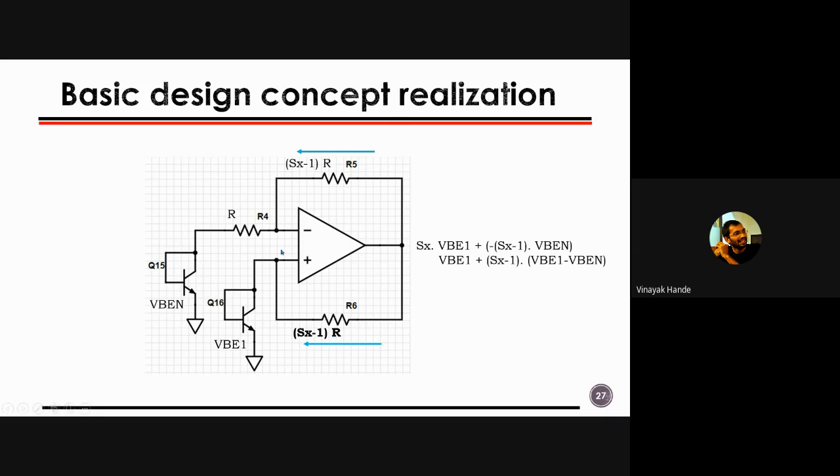So you can see that the current flowing through the top branch and the current flowing through the bottom branch will be exactly the same because the two node voltages, inverting and non-inverting, are exactly the same, assuming your operational amplifier has quite a high open loop gain, and this voltage is common to both the resistors, right? So our concern of identical current flowing through the transistors is completely valid,